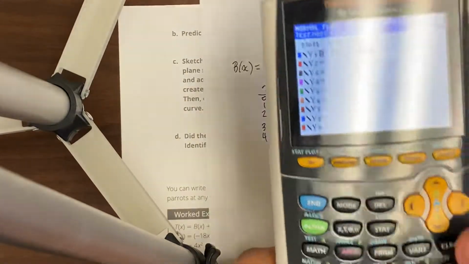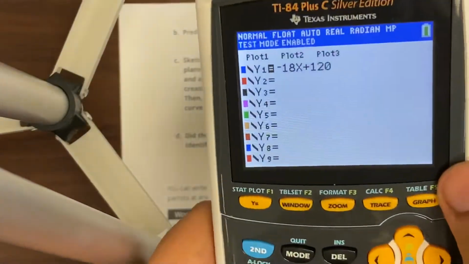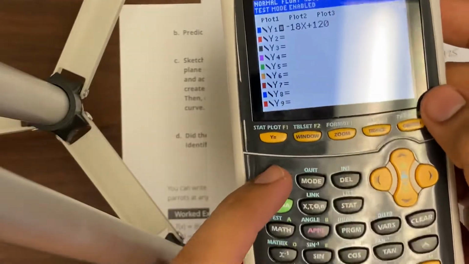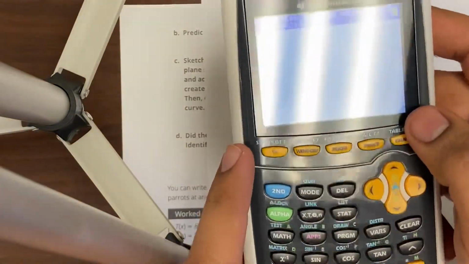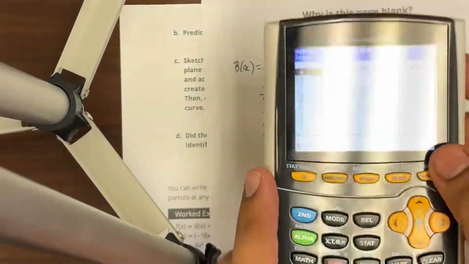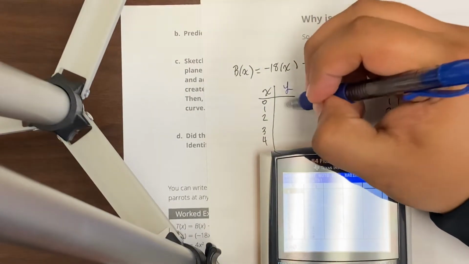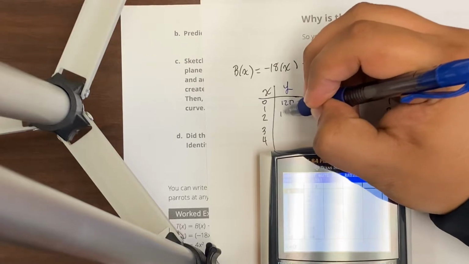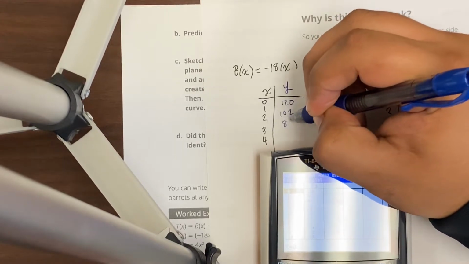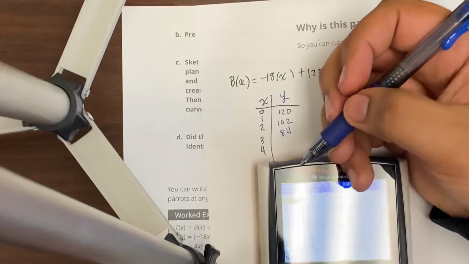Plus 120. After I get that going, table is right there in blue, so I click second graph, which is table. There's my table. So I get to put my y values in very quickly: 120, 102, 84,